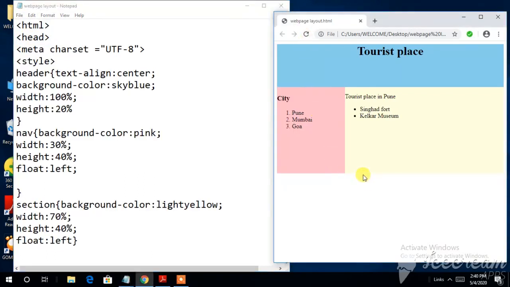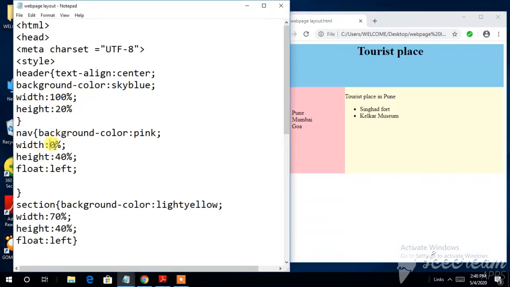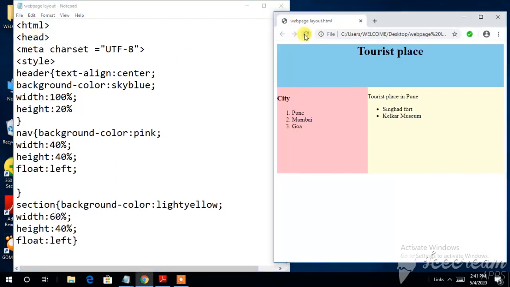See, only the height you have seen the changes. If I give the width as 40%, and here I have given 60%, I just save the file and run it. This is how the screen will be looking.